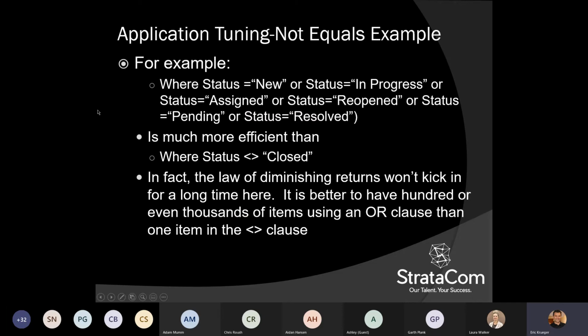So here's a good example. So this is status. This is a common query that we see in Cherwell. It comes out of the box. A lot of customers do it. So if you have status not equals closed, you should think about replacing that where status equals new or in progress or assigned or reopened or pending or resolved. So it's a longer query, right? It's a longer where clause, but it will use an index which can be sorted, and the SQL Server will end up reading a lot less data to get your records than if you use not equals. So this is the primary issue I see with queries